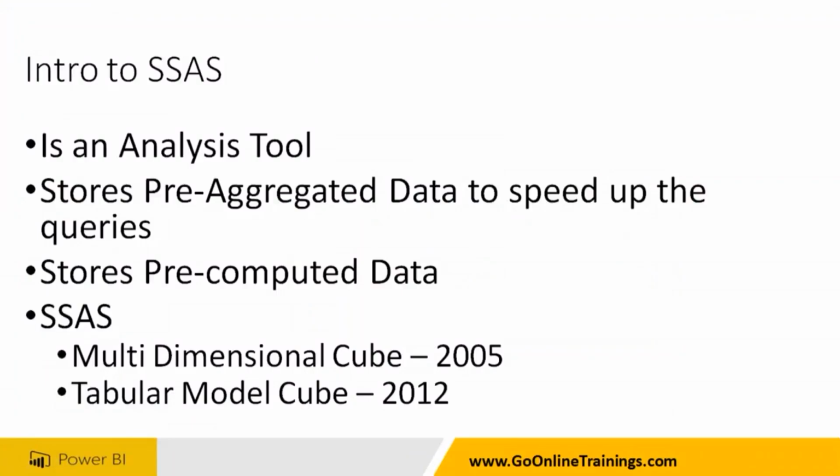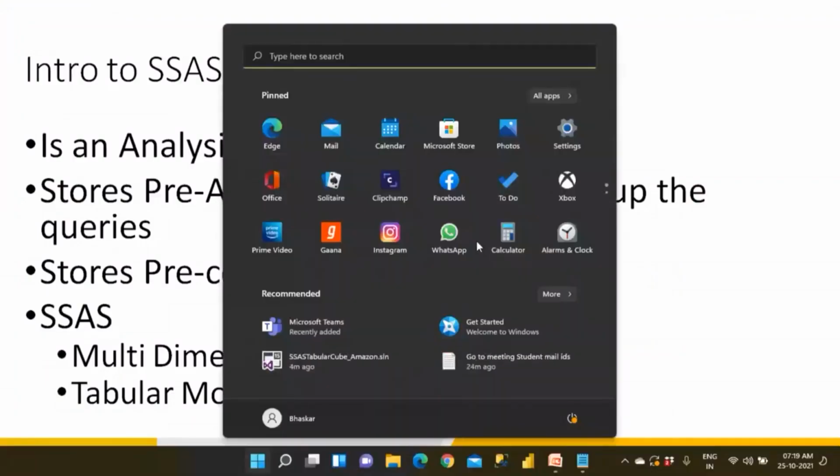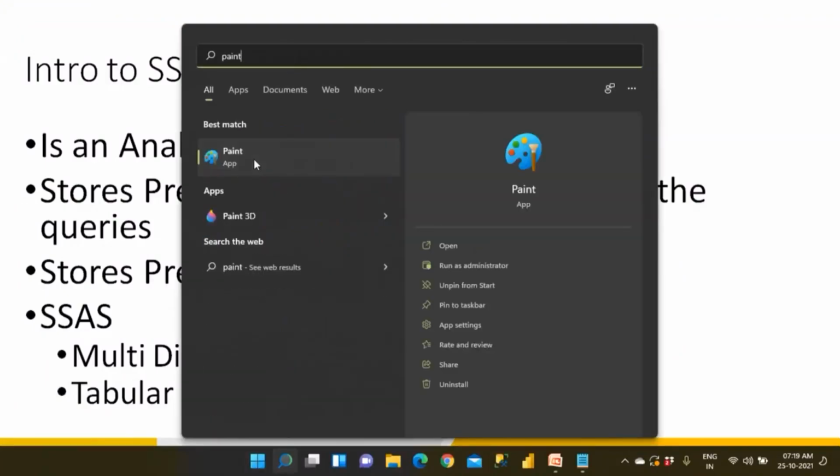I will tell you one better example. Normally, when you have a large amount of data coming from different sources, when you have less than 10 GB of data, we directly dump the data to the Power BI itself, and we do a lot of circus. We clean the data, we do ETL transformations and everything.